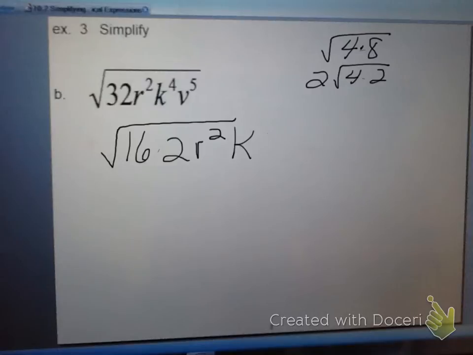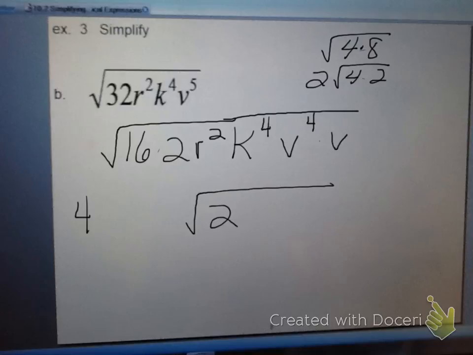K to the fourth is even. So it's k to the fourth. V to the fifth, I'm going to break that down to v to the fourth times v. Square root of 16 is 4. It comes out of the radical. Square root of 2 stays in. Square root of r squared is r because I'm